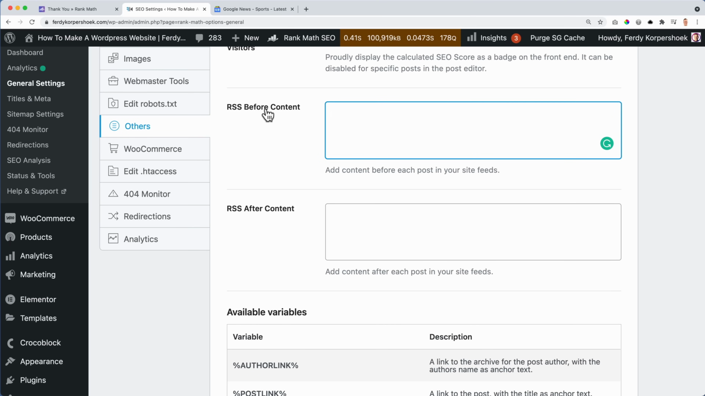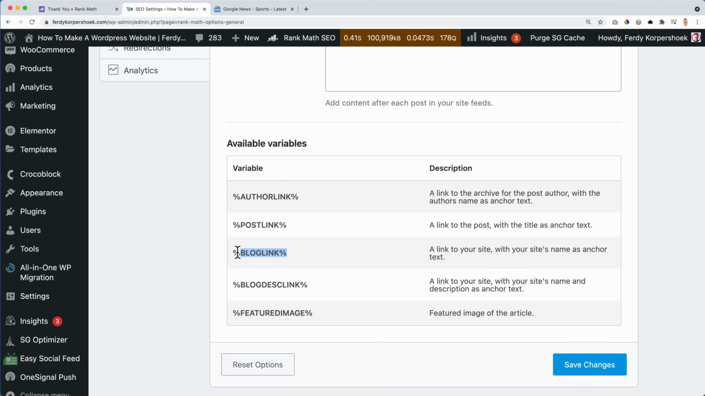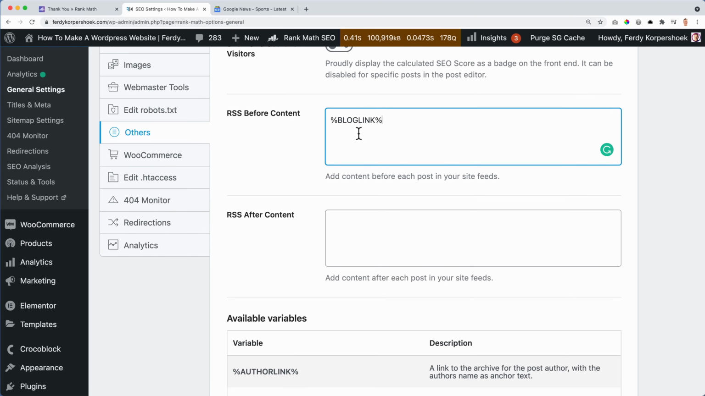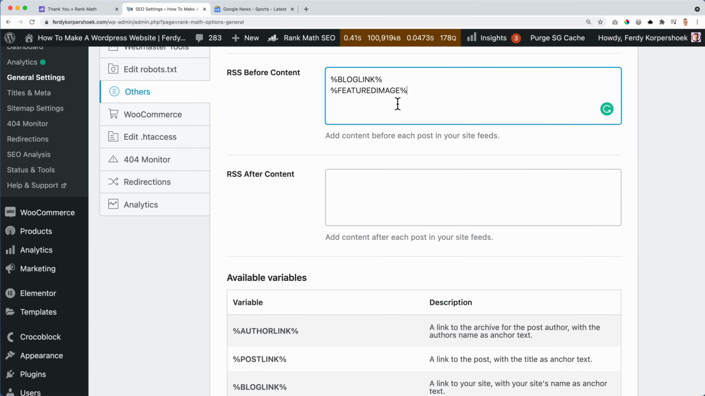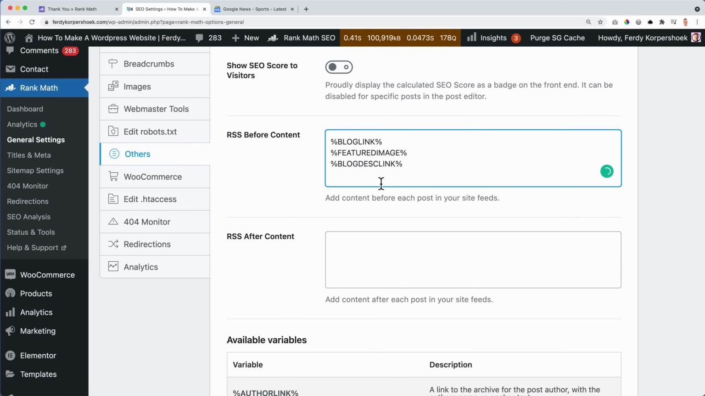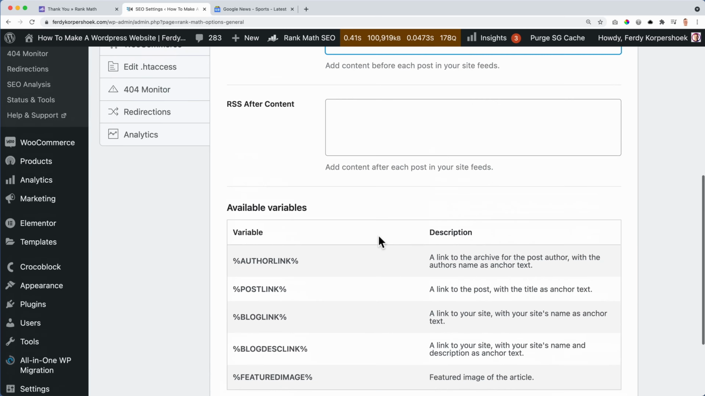So we can create it over here, a before content and after content. So above the content, I want to have the title or the blog link. So I copy it. I also want to display the featured image above the content, and I want to have a description. Blog link or blog description link. And over here it says a link to the site with your name and description as an anchor text. Okay, and then below the content,